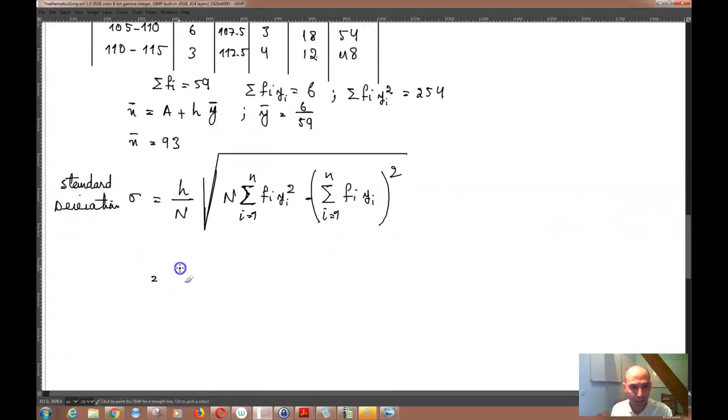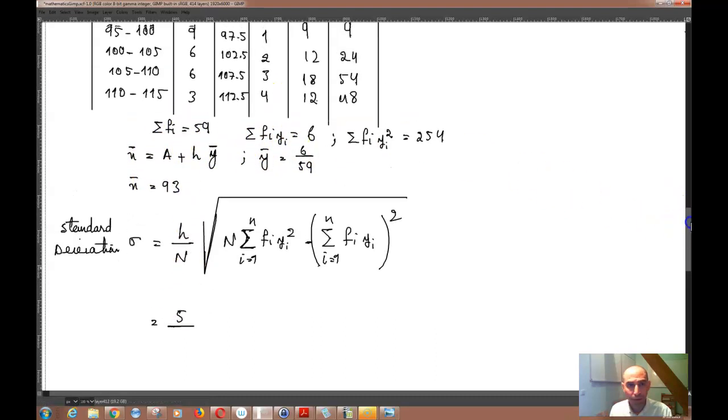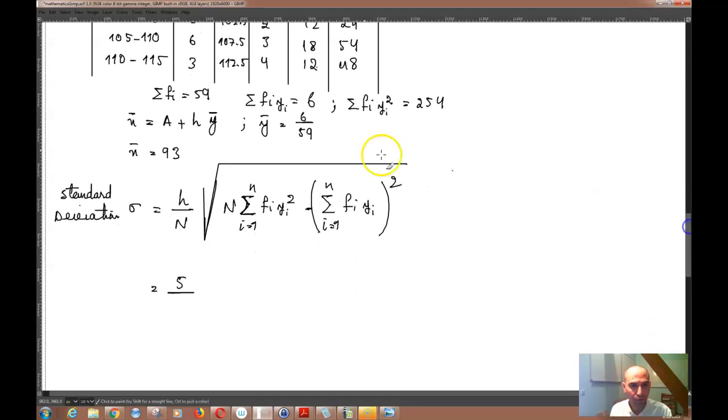Your n is equal to sigma f of i, which is equal to 59, times the square root of this thing over here. n again is equal to 59, times sigma f of i y of i squared, which is 254, minus sigma f of i y of i, which is 6, squared, which is 36. And then if we calculate this, what we get is,